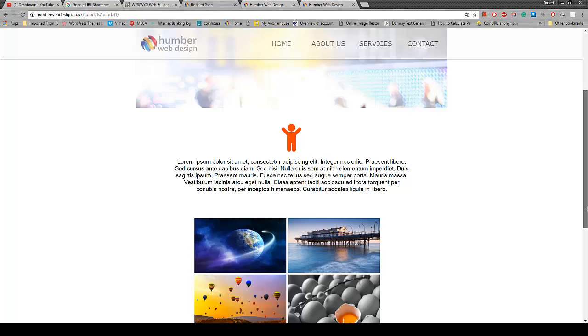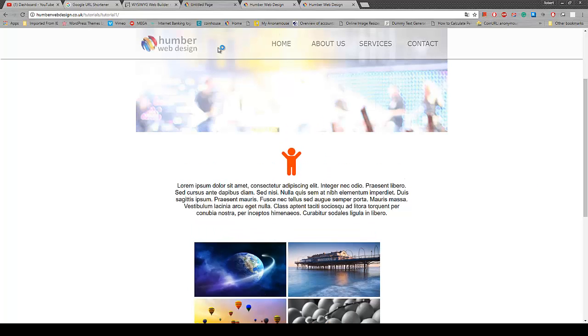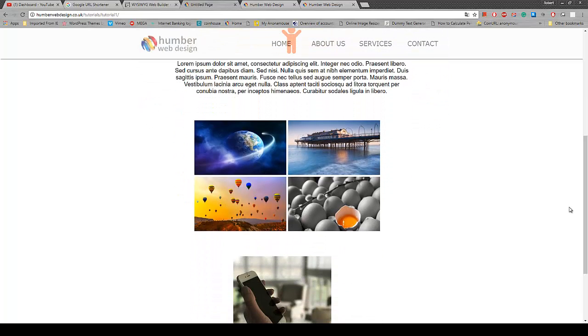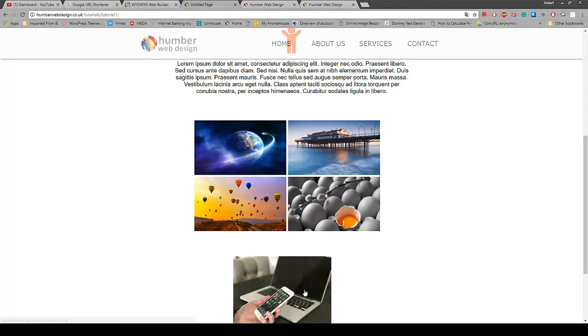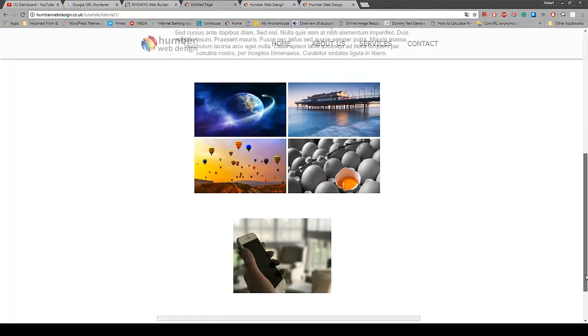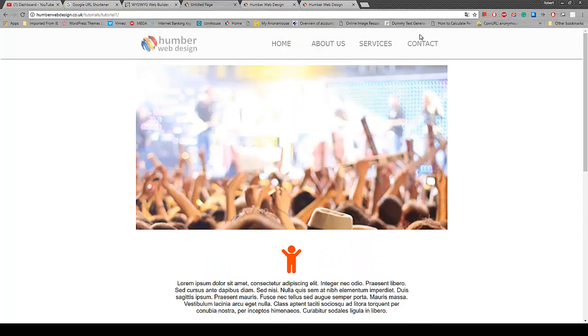You can see the transparency of the header set at 60%. It does give a nice texture to things. And then we'll be putting in the gallery with the lightbox and also the mouse over. So we'll be doing all that in the next video, and the video after that we'll